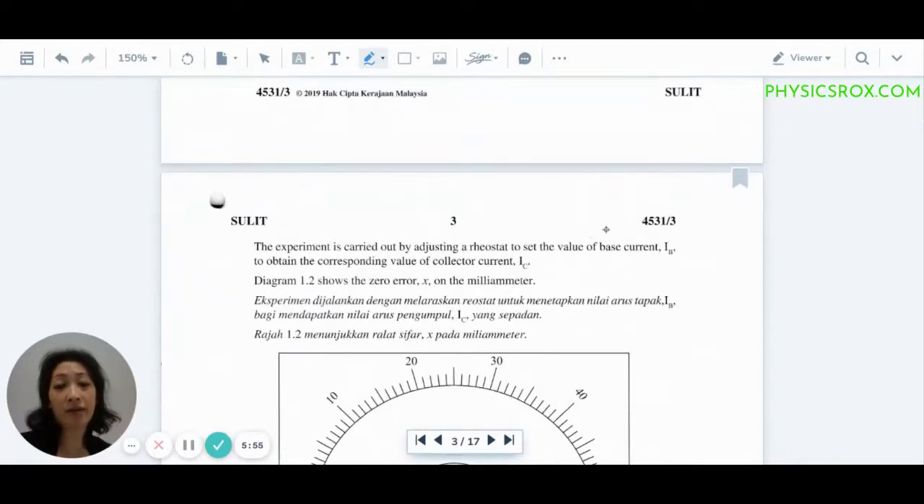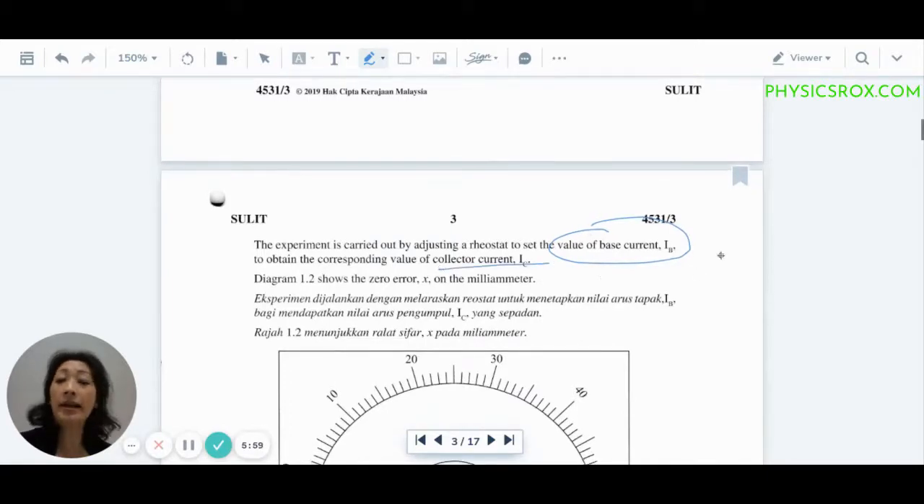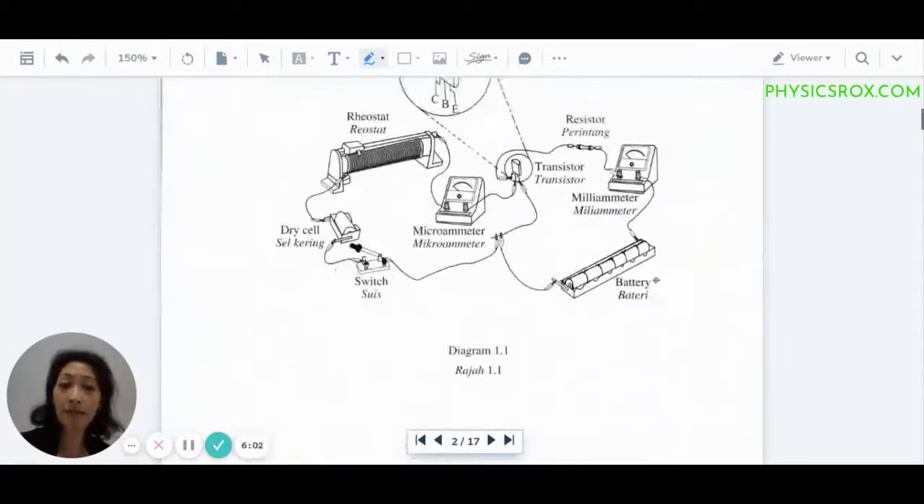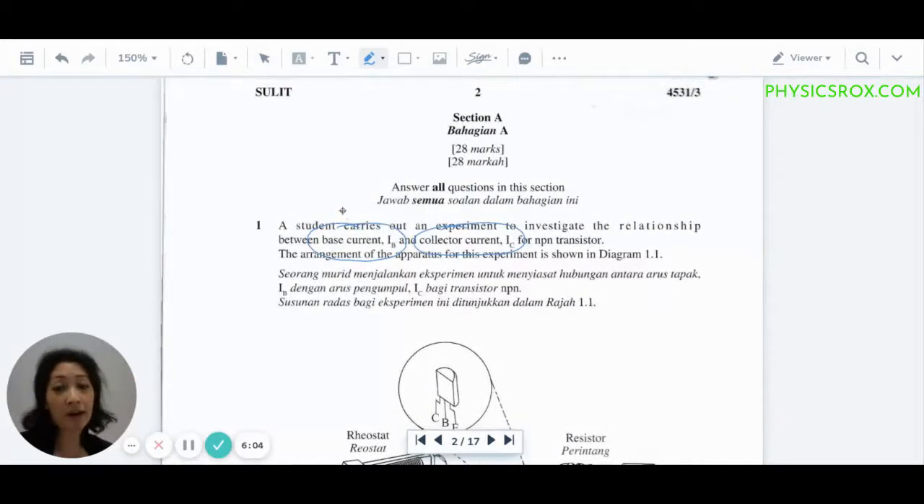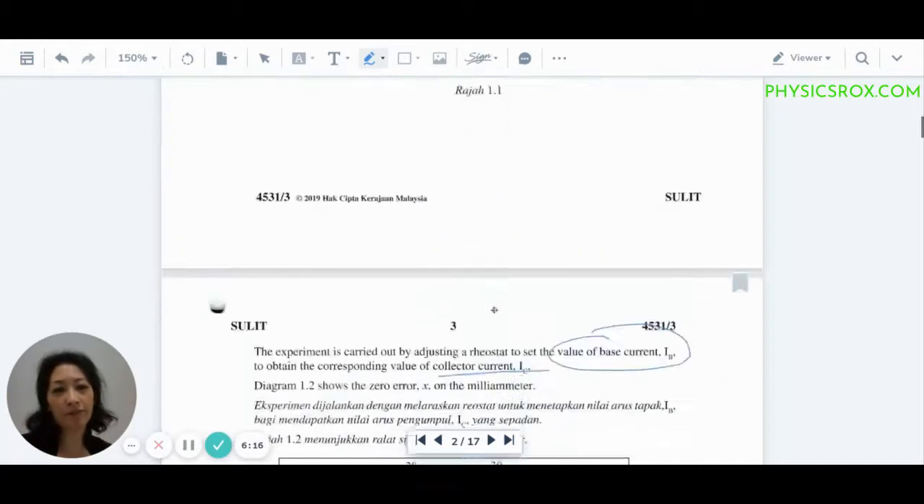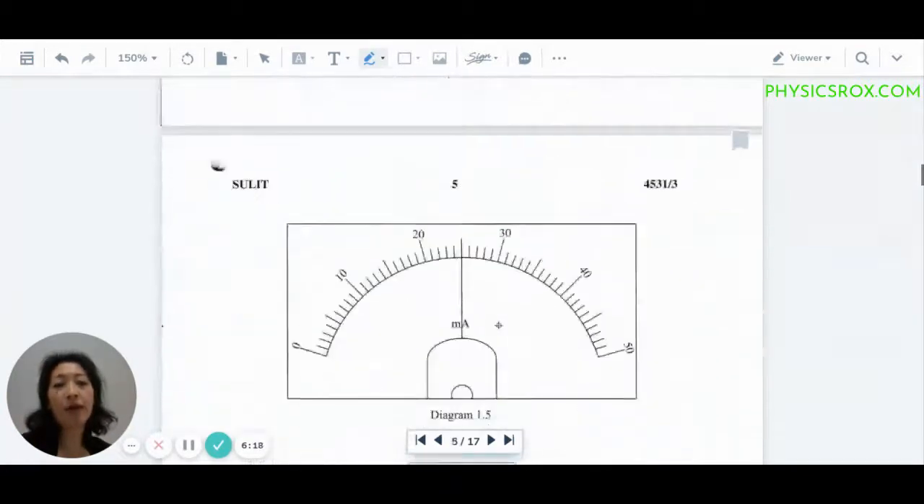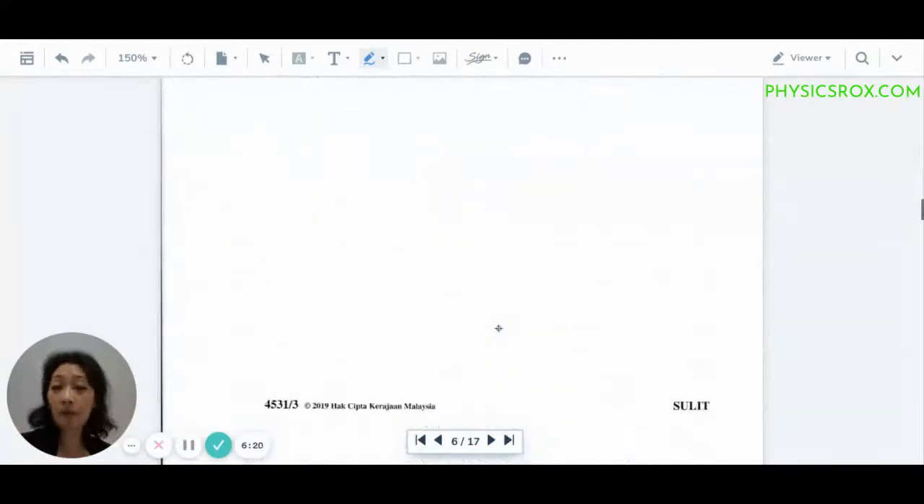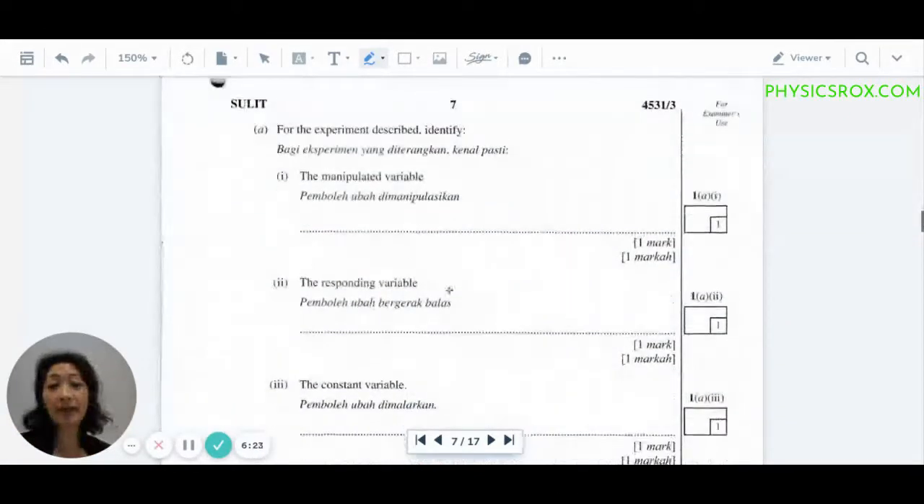experiment is done by adjusting the rheostat to set the value of the base current to obtain the corresponding value of the collector current. This obviously means that the base current is your manipulated variable and the collector current is your responding variable. So don't think about the reading of the milliammeter being our responding variable and all that. Don't make it so complicated for yourself, right? Make it as easy as possible for you to get the answer, which means that based on the very first sentence that we saw in the question,